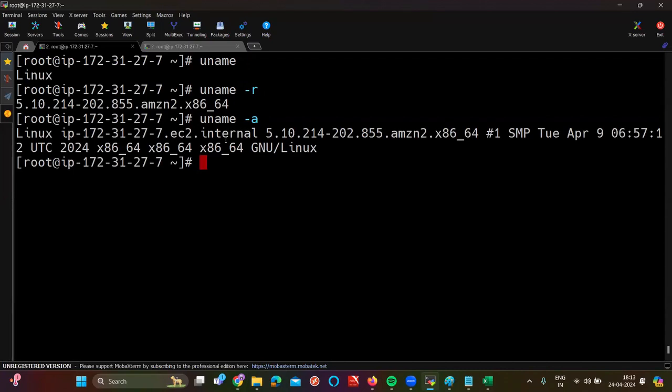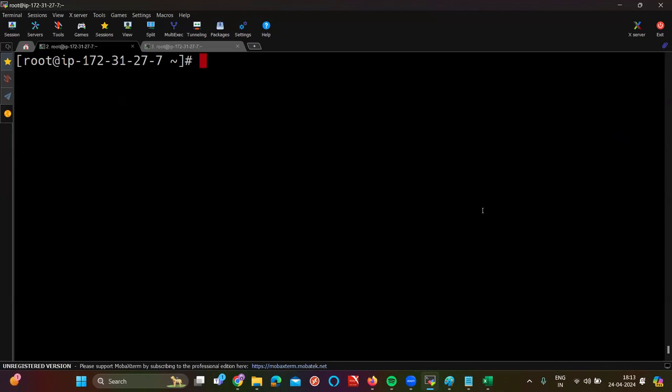Fine. Next, for example, if I want to see which user I'm currently on. I know currently I'm on the root user, but which command will tell me the current username? whoami. Correct. Are you able to see it now? So what is the shortcut to clear the screen? Control L. Sir, for example, I want to see the hostname of my server. What is the command we can use? hostname is the command that will show me the hostname.